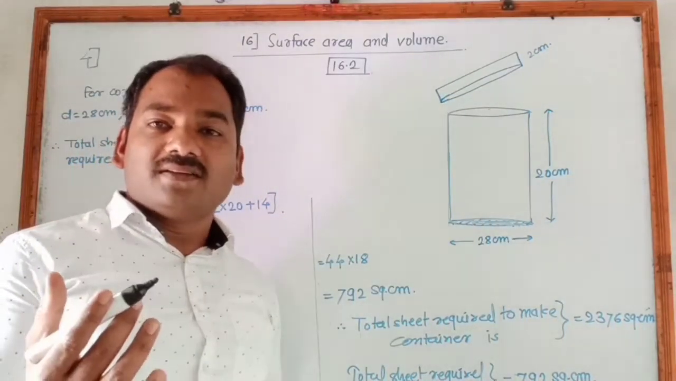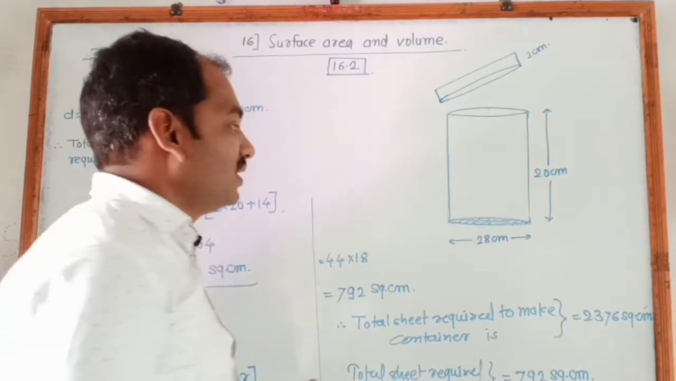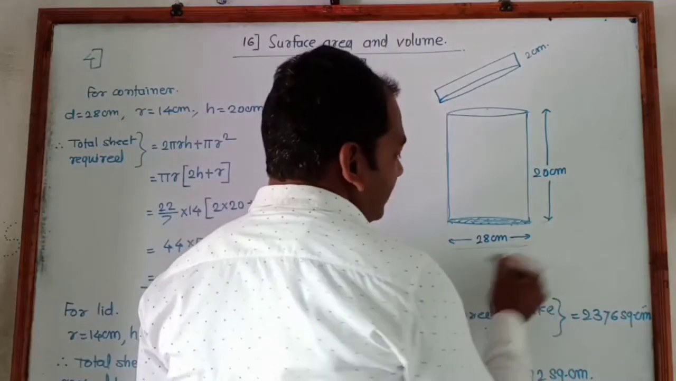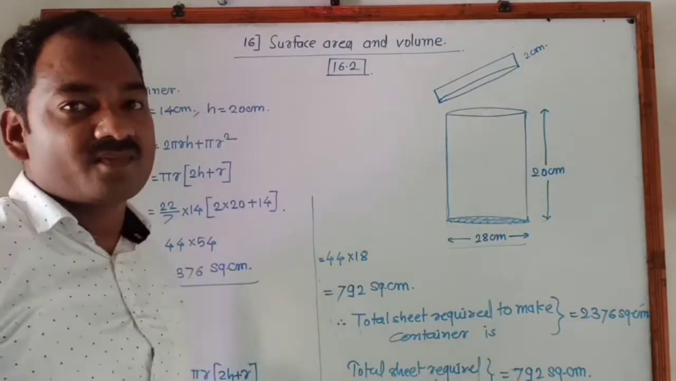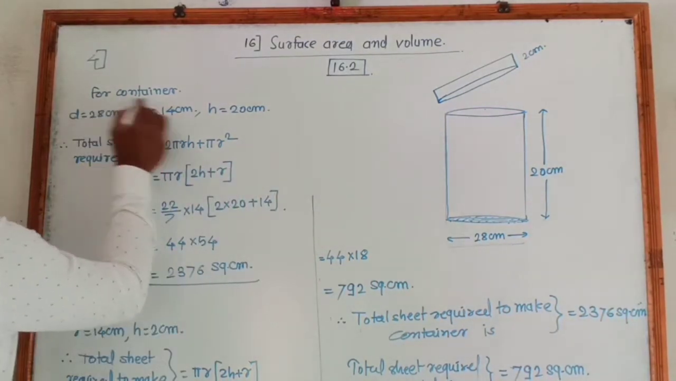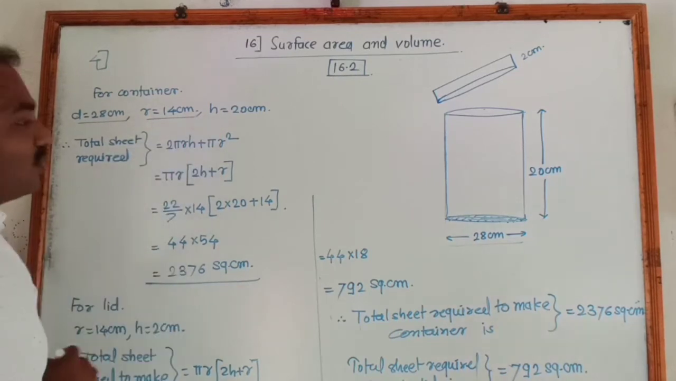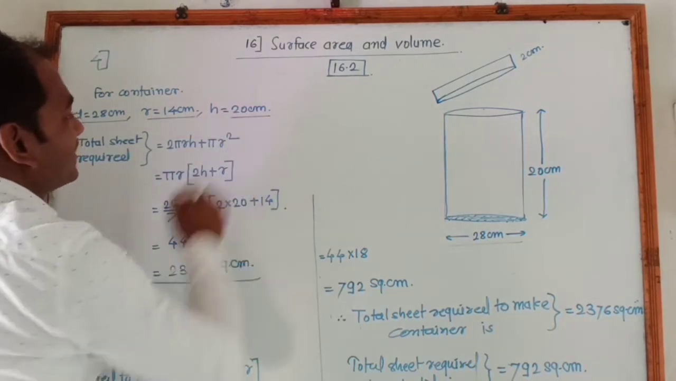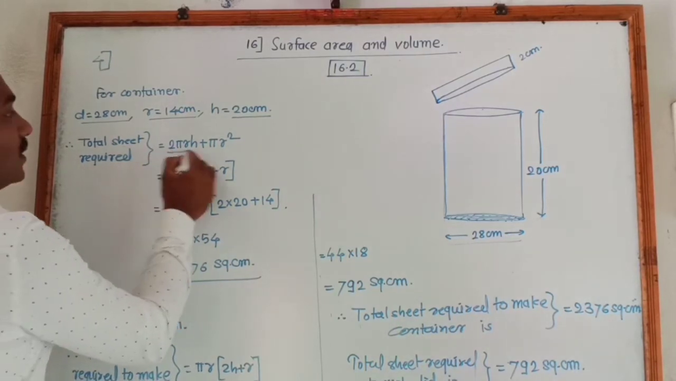right? We have to find the total sheet required to make that container, and its diameter is 28 centimeter given and height is 20 centimeter given. So according to the given information for the container, diameter is 28 centimeter, for this radius is 14 centimeter and height is 20 centimeter. So total sheet required is curved surface area